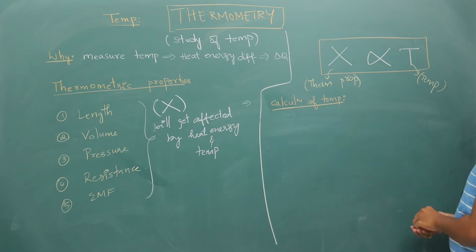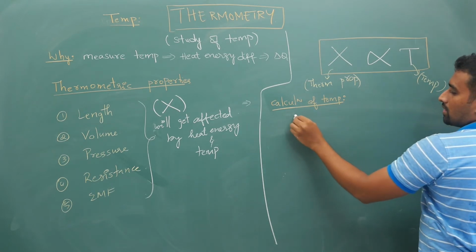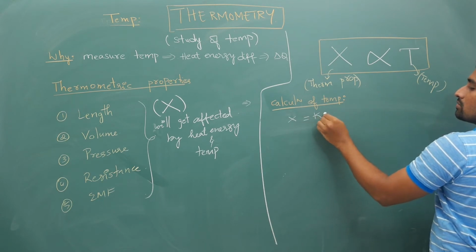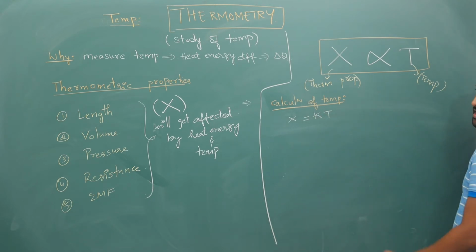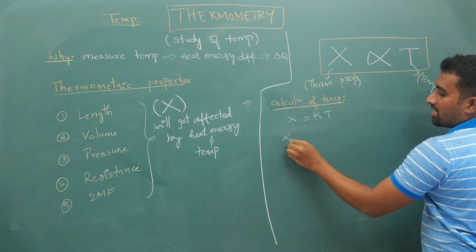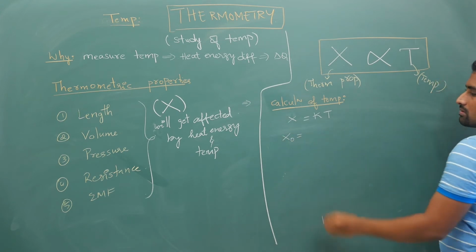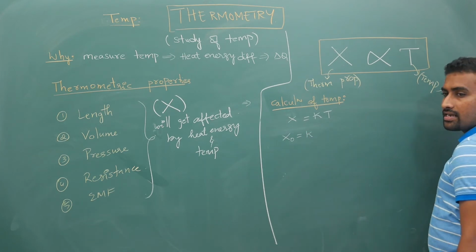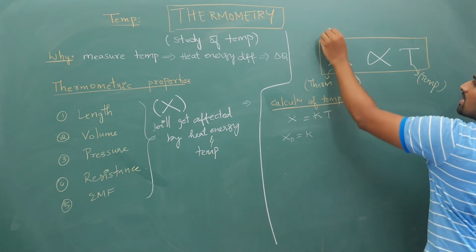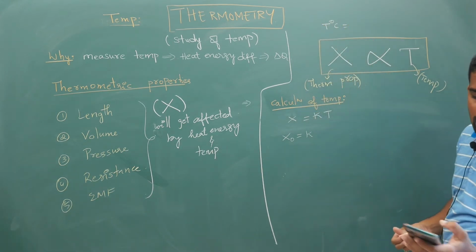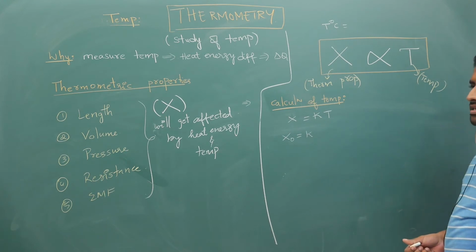Your thermometric property can be written as X equal to K into T, some constant K into T, because there is direct proportionality. So if you take X at 0, if I substitute in Kelvin scale, unless otherwise mentioned, entire thermodynamics we have to go for Kelvin scale. For now your temperature in degrees centigrade,